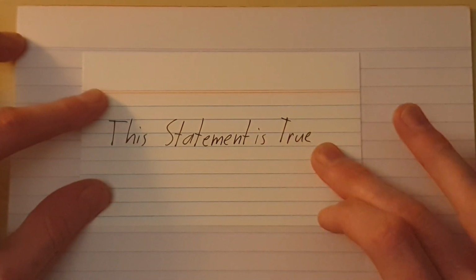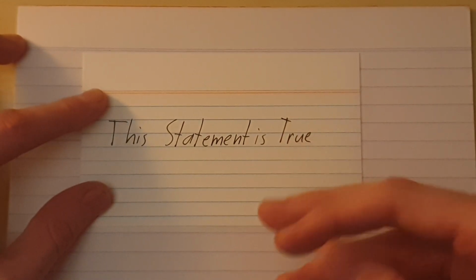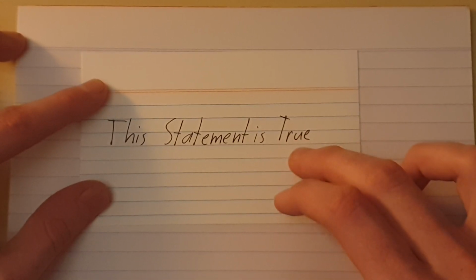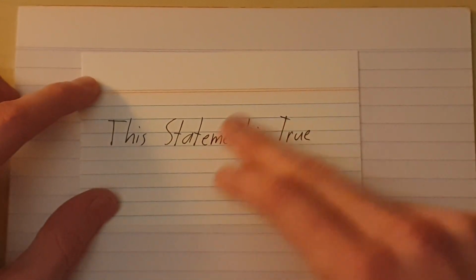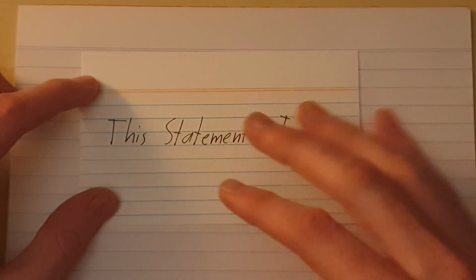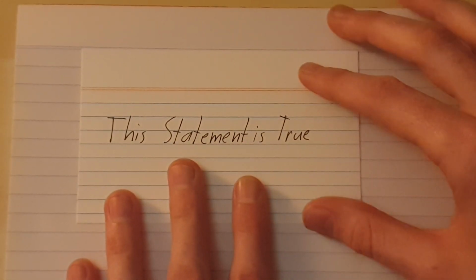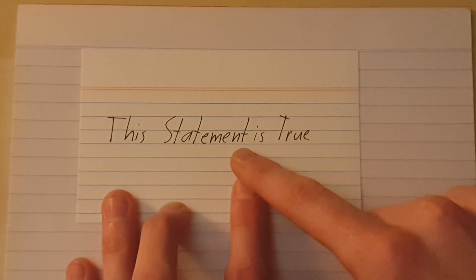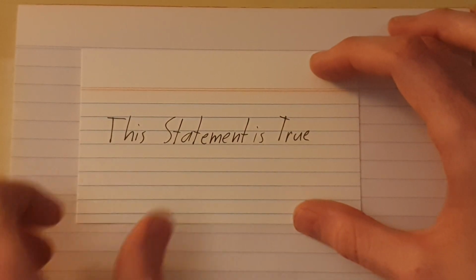So if I assume that this statement is true, what the statement tells me is that it is indeed true. And if I assume it's false, what it tells me is that if I'm wrong when I'm saying I'm true, then I'm actually false, which is good. It kind of affirms itself in whatever occurs. So this is an interesting statement to think about in terms of a system of logic, a statement referring to itself, but it doesn't really cause any problems. It's not clear if this is actually true or false, if it can have a value in a system of logic, but we don't have a particular problem with it.